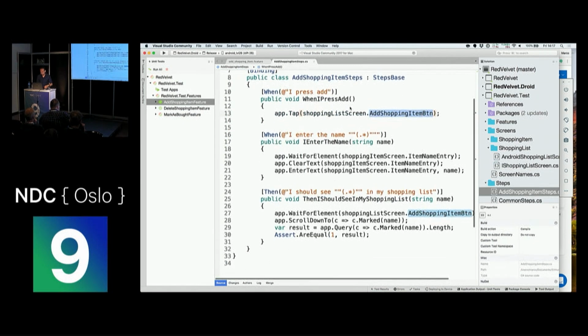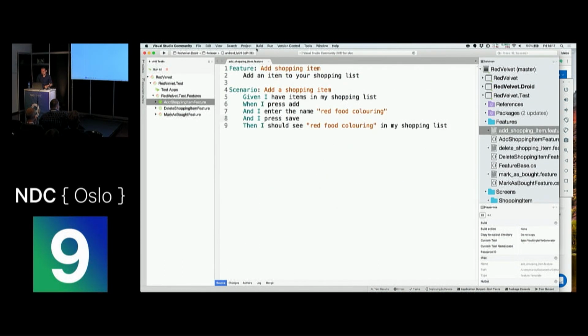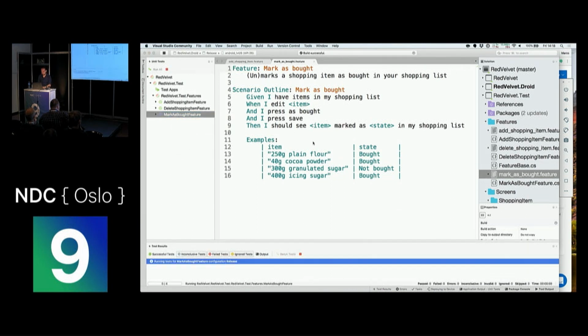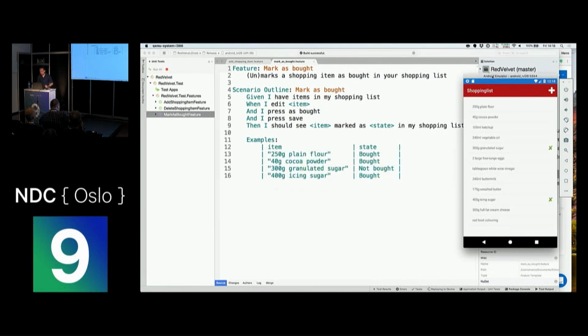So let's go back. This is the feature that I was talking about, but one of the other features is the mark as bought feature. Over here, we are using a scenario outline, so it's different kinds of examples. And at the bottom, we see examples where some are stated as bought, while others are stated as not bought. So it's the green check mark or not. And when I run this one, I'll just run this one and go back to the emulator.